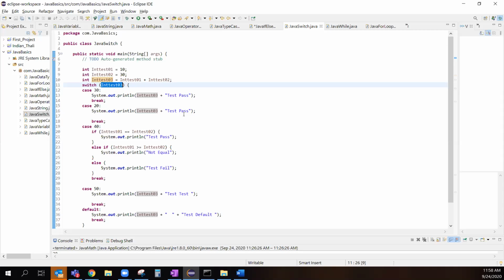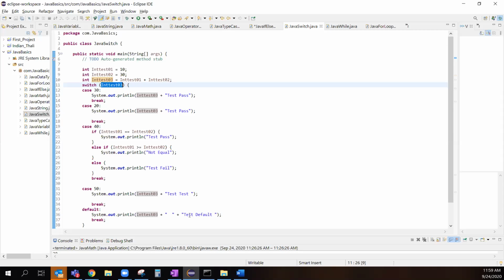So this is how the switch works. Where we need to use a switch: if we have only something to be compared at that point of time, you should use the switch. But for the if else statement, if you have to compare a condition at each block, means at each else if we need to compare it, then there is no option. Directly we need to go. If it's just a condition of comparing, then it's better to go for switch. But if you want to validate every condition, then you can't do it with the switch.